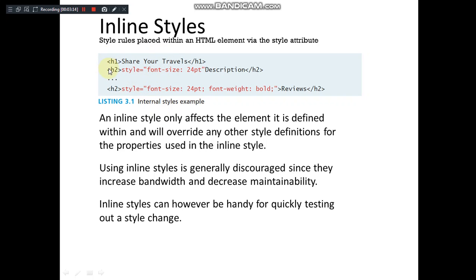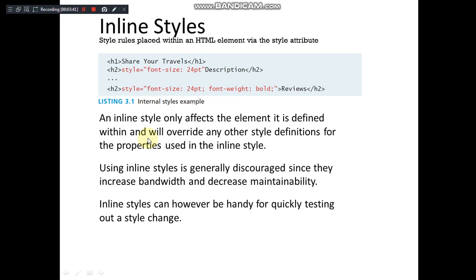Style is defined for this H2, so it is affecting only the content of that H2, that is the description only, right? Again after certain content we have another H2 where the style is again the same, but font weight is made bold. So this is looking different compared to this particular H2, right? It is not applicable even for all H2s. Wherever it is appearing, only there it is applicable, right?